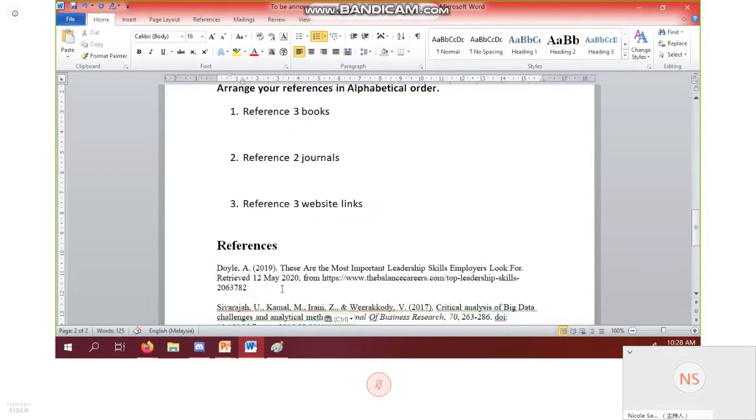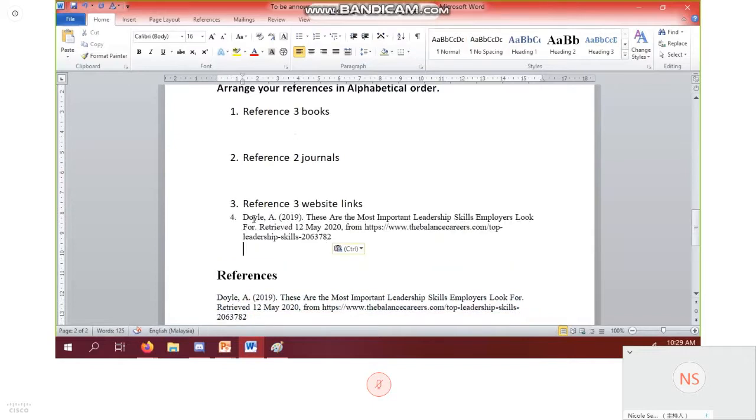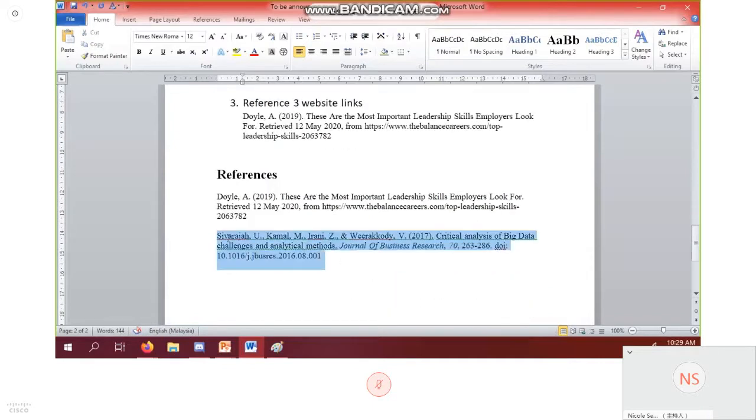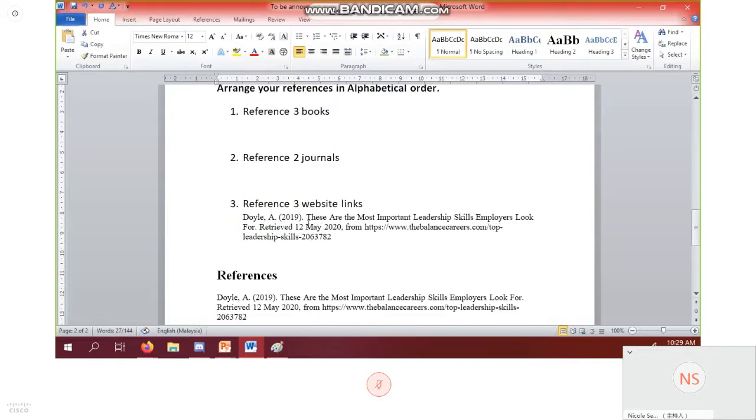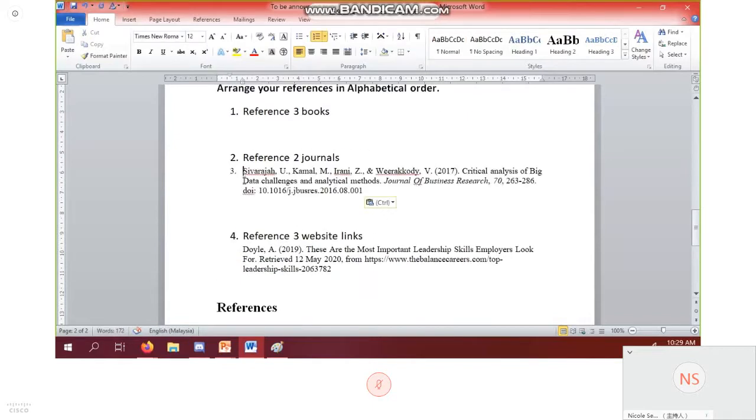So if you've copied it and it's like this, so this is a website link, copy. I'm going to paste it down here. And then this is my journal. I'm going to copy that and paste it under my journal. Now earlier on, it said that you need to have the second indented. So here,